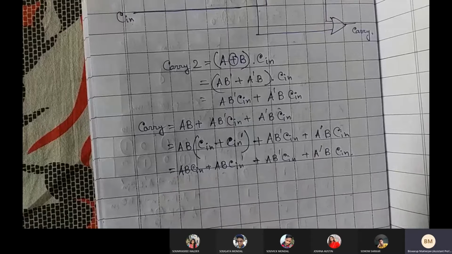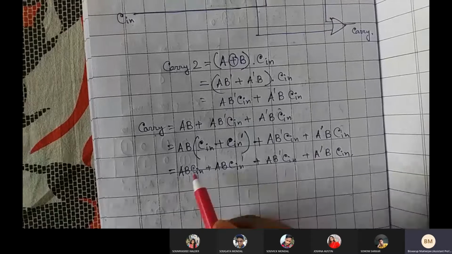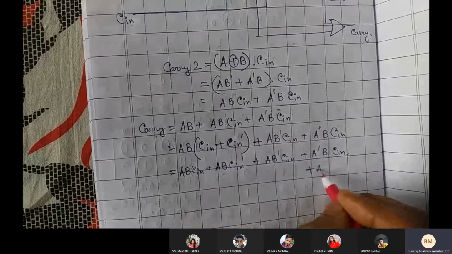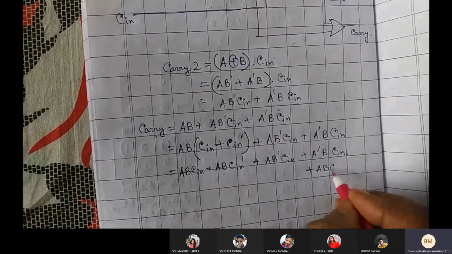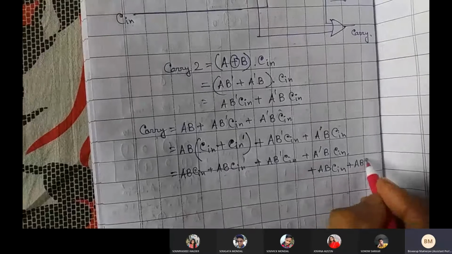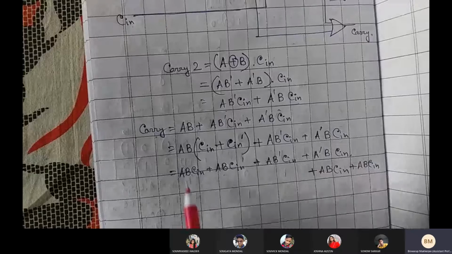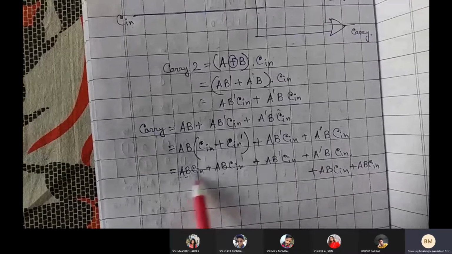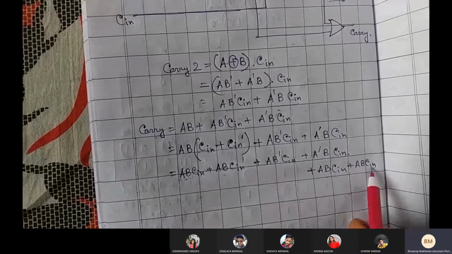I am writing it again two times, the same thing: A B C in plus A B C in. I can write the same thing twice. If the entire value is 0, 0 plus 0 plus 0, again